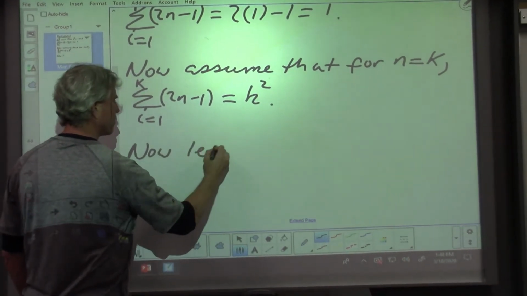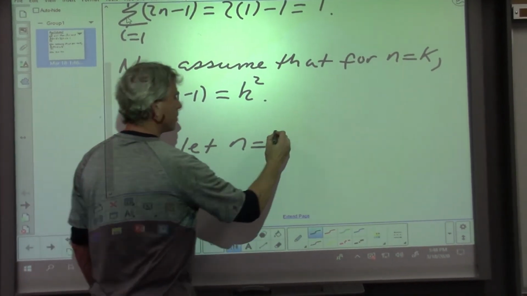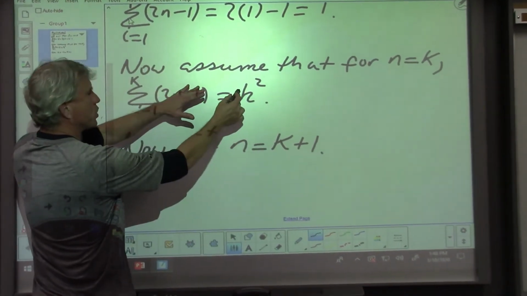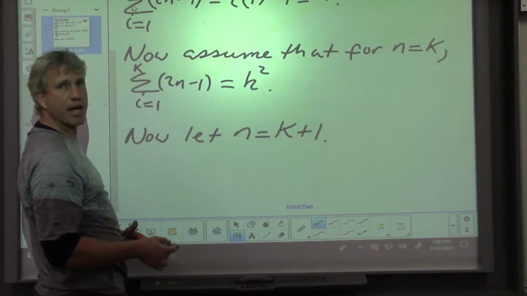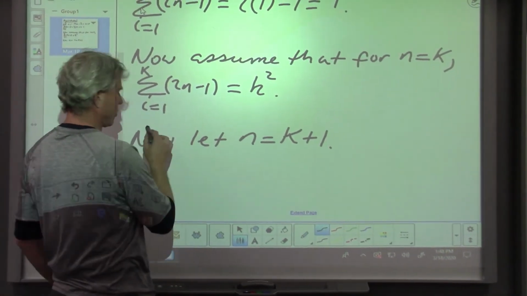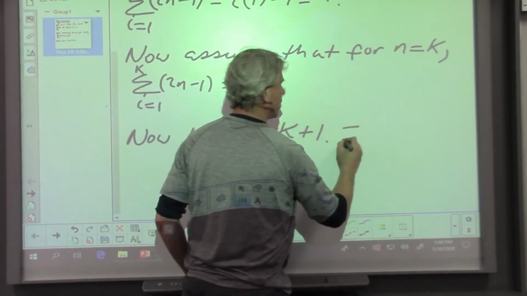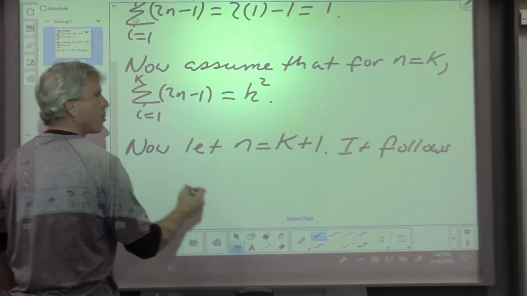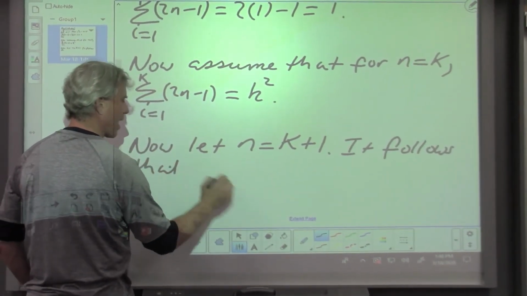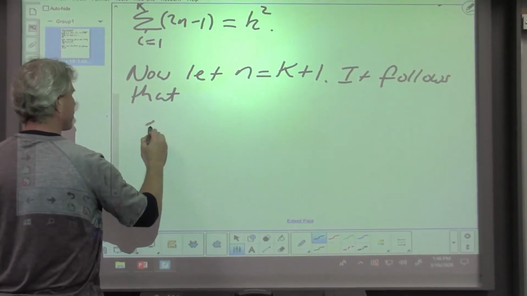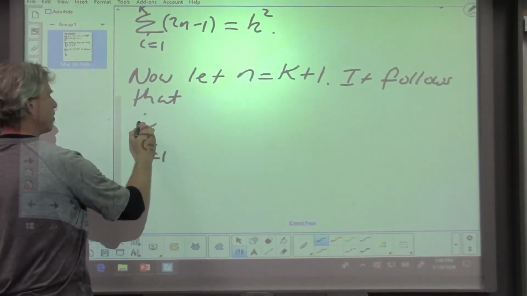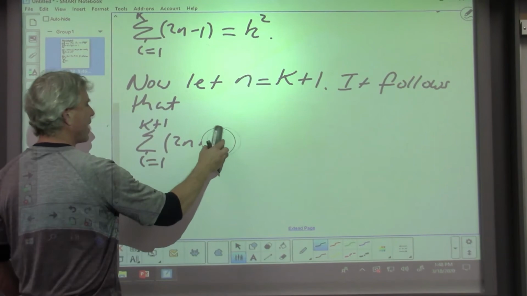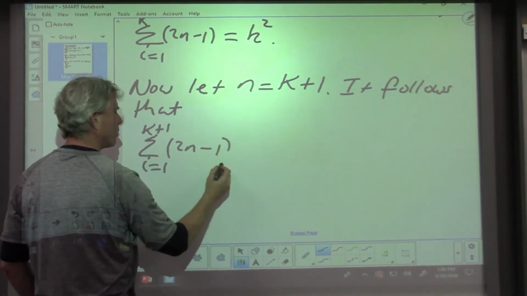Now let n equal k plus 1. Now we need to show that using our assumption we get the same thing that we would have gotten had we used the formula directly. So now let n equal k plus 1. It follows that the sum from i equal 1 to k plus 1 of 2n minus 1 is equal to